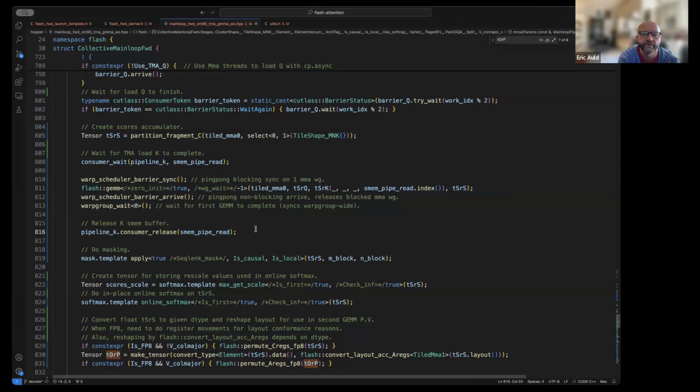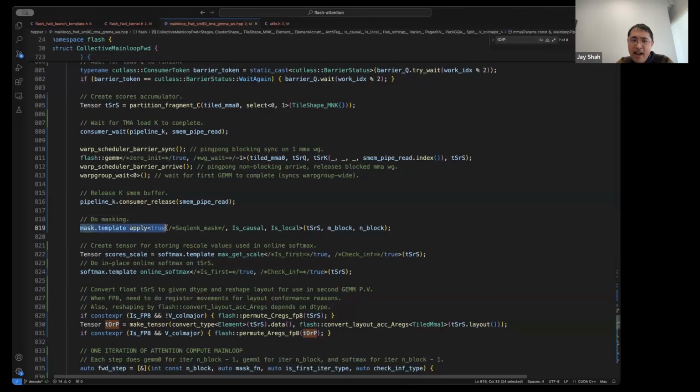I'm sorry, can you clarify the semantics of the -1? What is the negative? So this is something which is special to our flash gem method, which essentially tells it to not wait. Otherwise, if I put n here, it would wait for the previous n commit groups to complete, so there would be up to n trailing commit groups. 0 means that there are no trailing commit groups waiting to complete. Right. So you're saying if you put in 3, wait for all but the last 3 to be done. Yes, exactly. Gotcha.